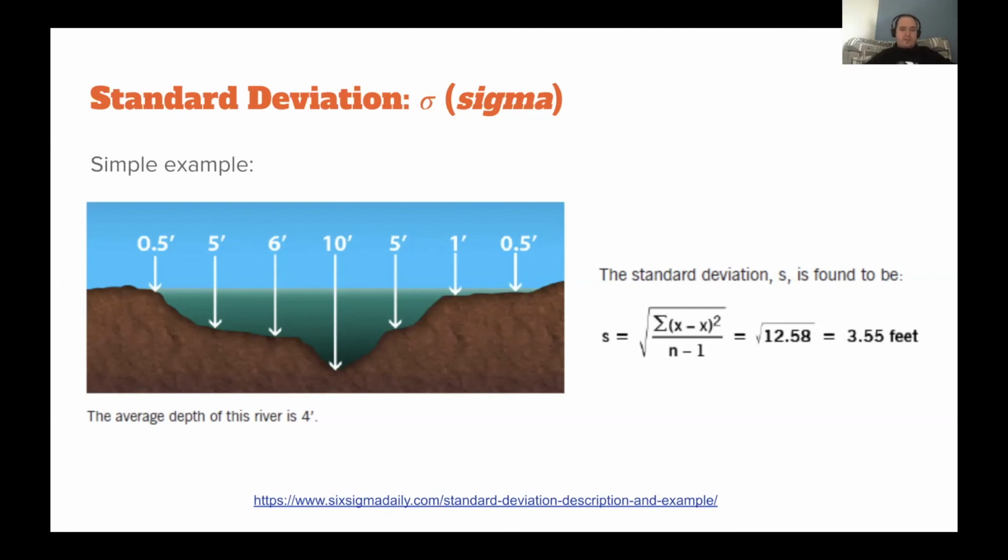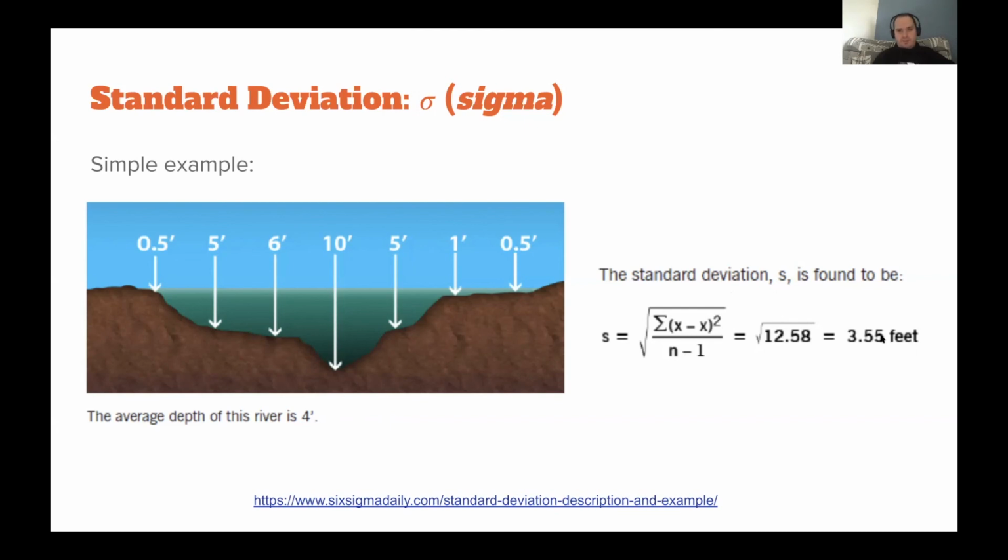Was that a good decision? If this person is afraid of swimming in it, actually maybe not, because if you compute the standard deviation here, and this is dividing by n minus 1, but please ignore this, we're going to come back to this later. But the standard deviation here is found to be